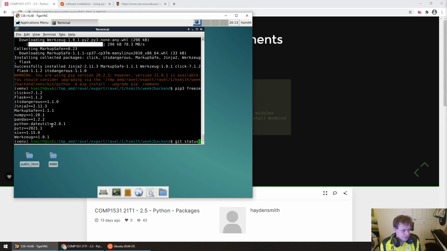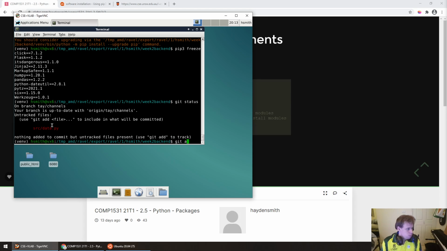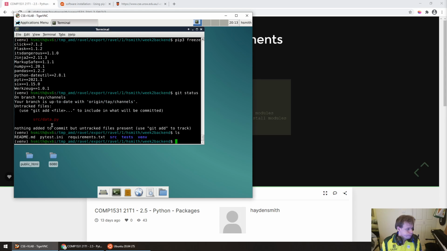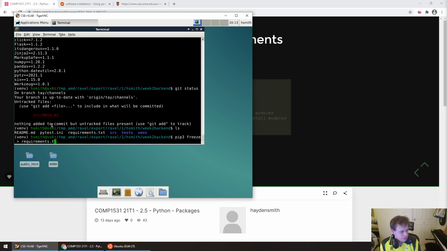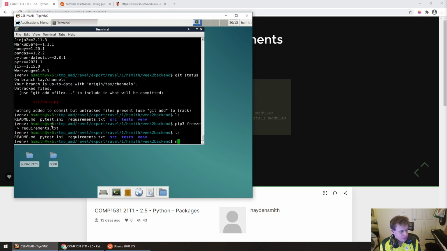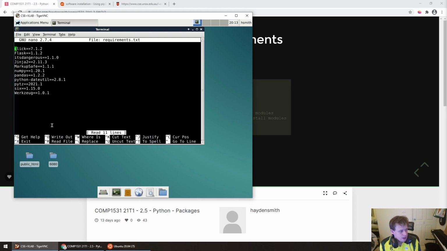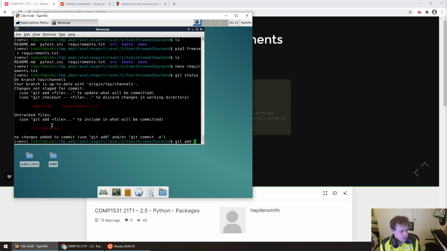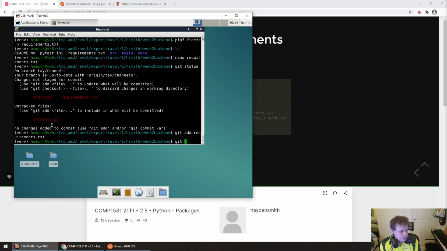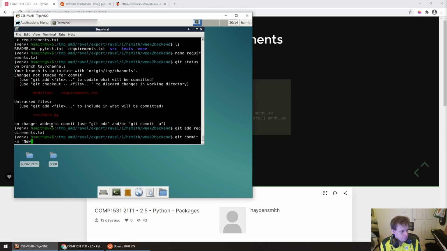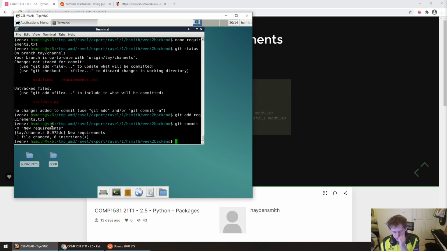So what I would do is after installing that, I would update requirements.txt with pip3 freeze. Right, so what I've done now is I put my new list of requirements in here, and then, as you'd expect, I would git add requirements.txt, I would git commit new requirements. Typically, obviously, I'd put it in some kind of branch or merge request, and then I would git push this